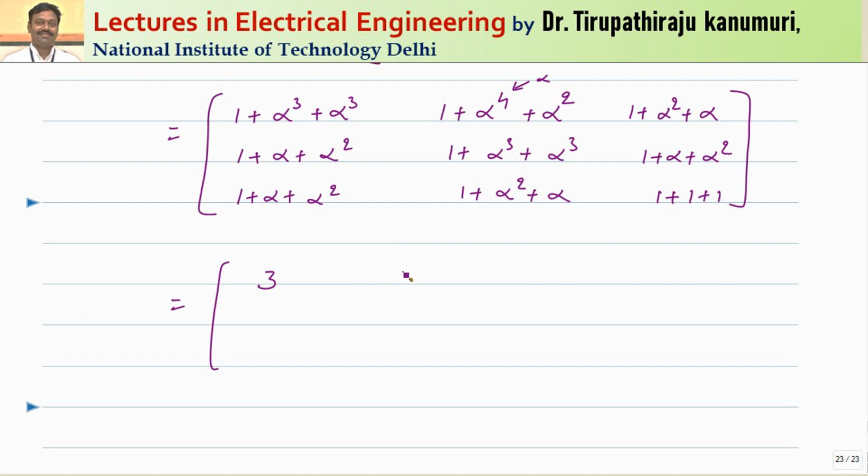So this thing we have already studied: 1 plus alpha square plus alpha is equal to 0, right? So this is 0. Similar is the case for 1 plus alpha square, so this magnitude also will be equal to 0. Similarly 1 plus alpha square, this is 0. So 1 plus alpha cube is equal to 1, alpha cube is equal to 1, it becomes 3, again 0. So this will become 0, 0 and this also becomes 3.